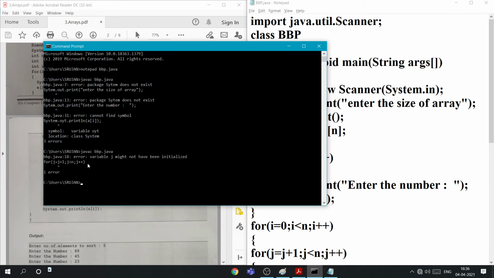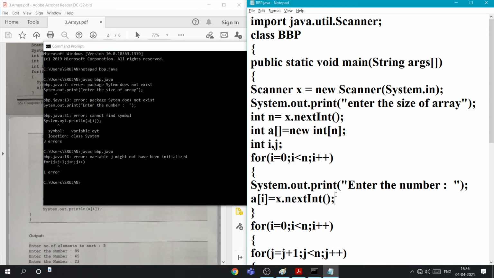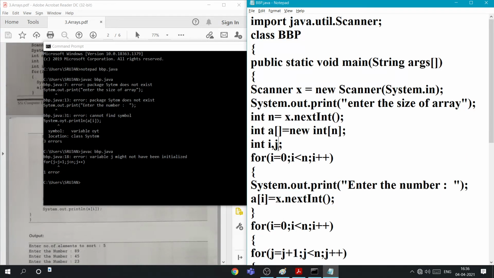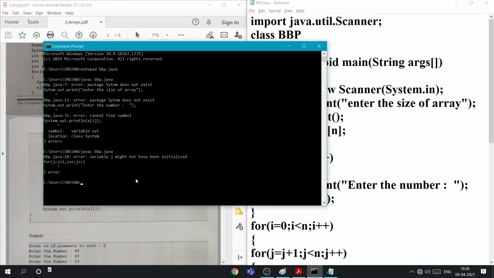Sometimes it might give an error, so just write j is equal to 0. Just initialize j to 0. Now let's see. Yeah, now it's done. So java space bdk.